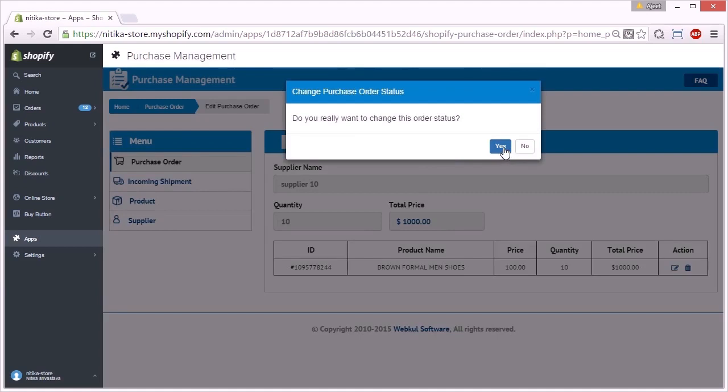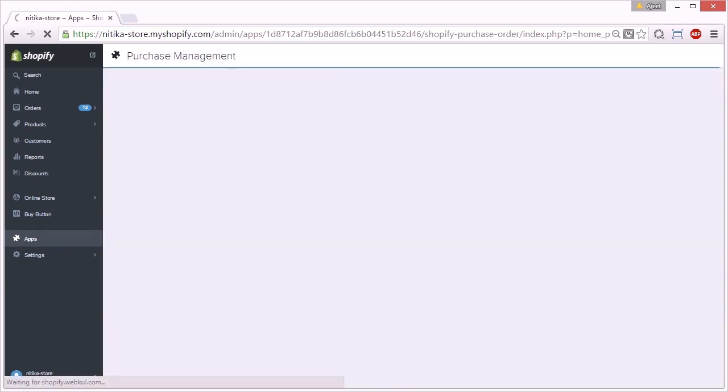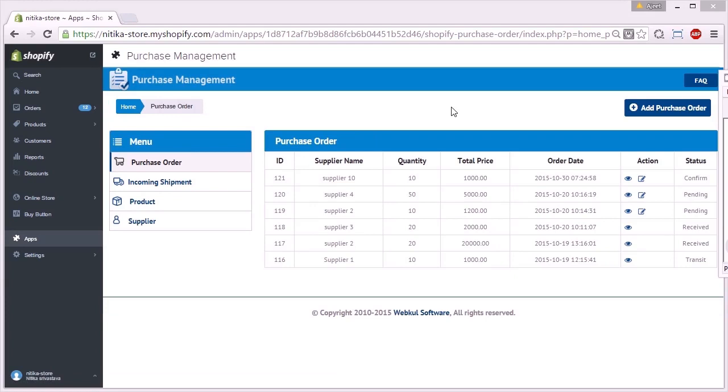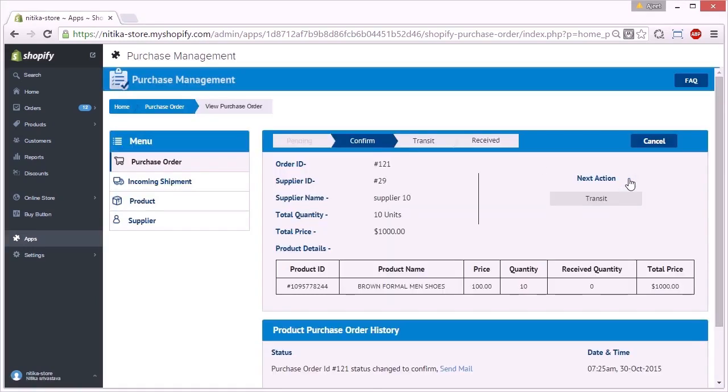Really want to change this order status? Yes. Now the purchase order status can be updated by you step by step as it is processing. So you have to click on this icon in the action button to update the status. And as you can see, if you think that the purchase order is confirmed by the supplier, you have to